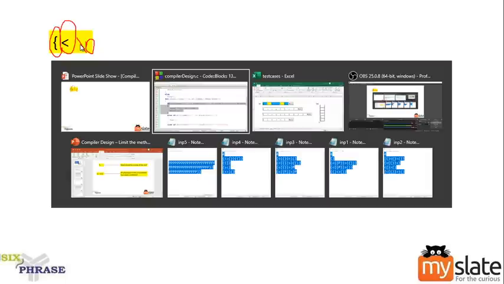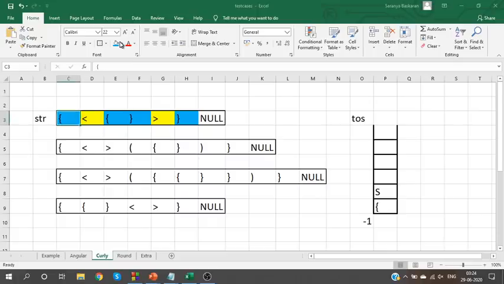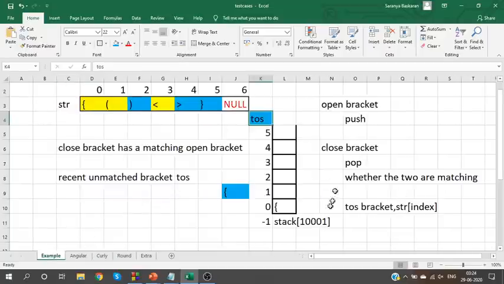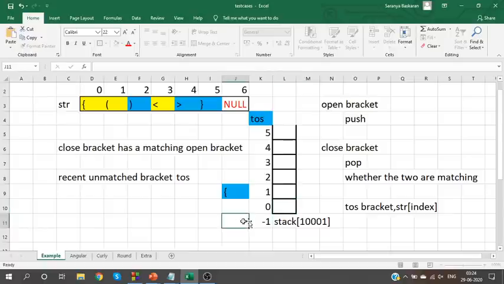That is not correct. So what should you ensure? Think about it, guys. If you have completed the procedure, stack will become empty. Remember, for the open bracket, when I find a close bracket, I'll pop that element. Stack should become empty because for matching brackets, you will remove that from the stack.